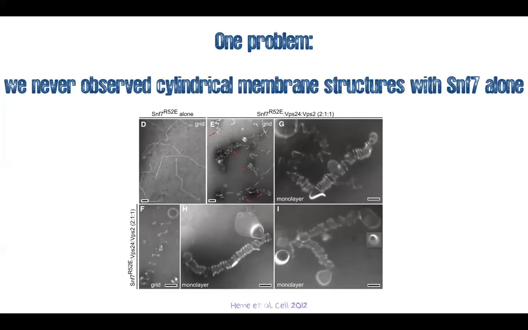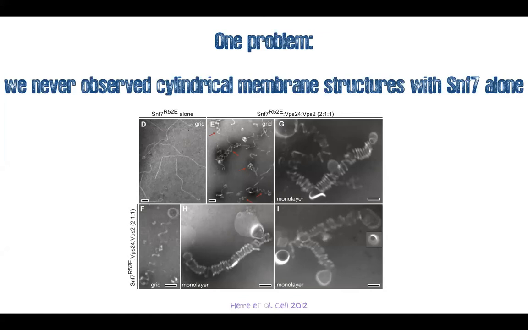Okay, now we had one problem in this study: we never observed cylindrical membrane structures with only SNF7 alone. And we had a hint. We had a hint from Mike Heaney's paper when he was with Scott Emmer as a postdoc, because they saw a transformation of spiral into helices only when they added VPS24 and VPS2 to the media, which are actually the second layer components. So essentially what we're saying is that the buckling transition could be generated by adding the second